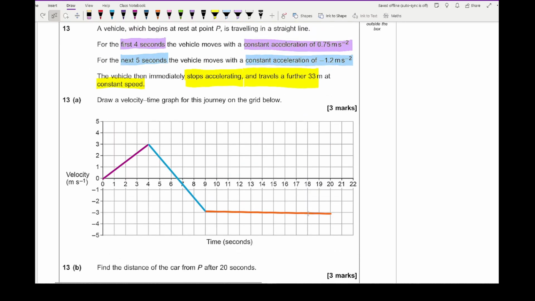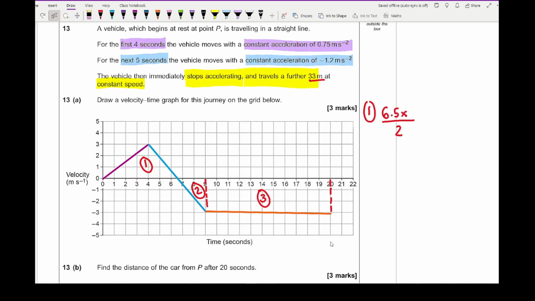In order to find the distance on a velocity time graph, we need to find the areas that are between the graph and the horizontal axes. So we have 2 areas. If we split the above area into a triangle and the below area into a trapezium, or we could use the split here and make a triangle and the rectangle, because we're already told that that has a distance of 33 metres. So we want to find the area of our first triangle, which is half base times height,